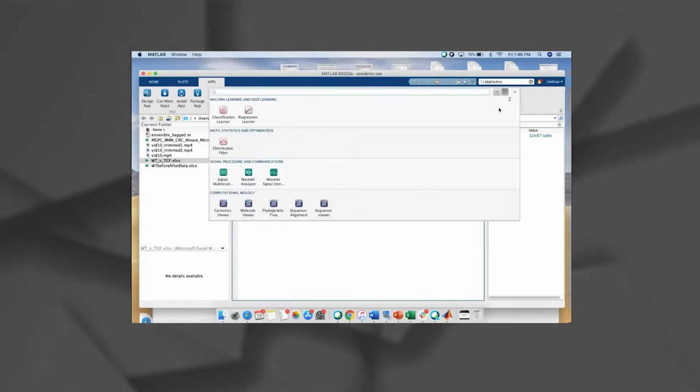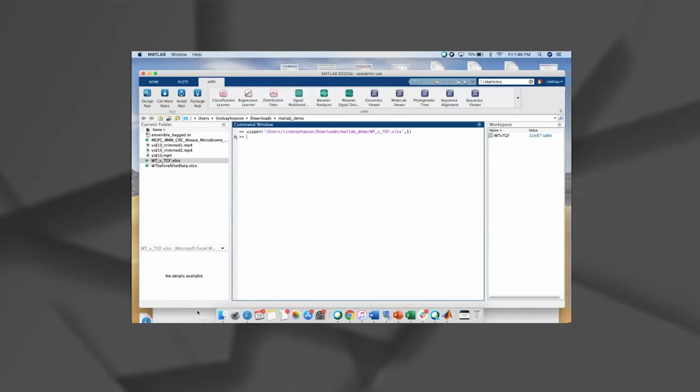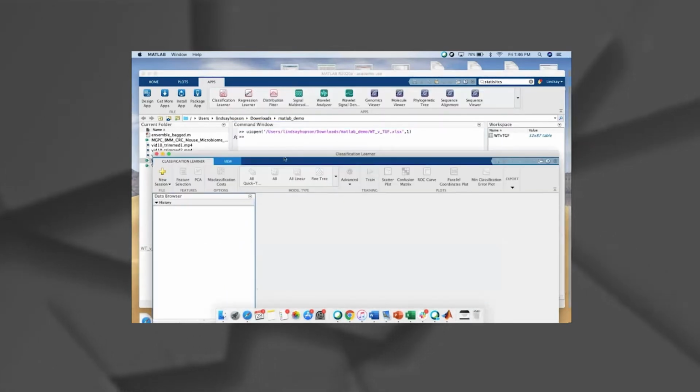or if you don't see it immediately right here, you can also just click this drop down arrow, and it'll have all your apps, and you can click classification learner that way. So this is the classification learner window. You want to select new session from workspace,